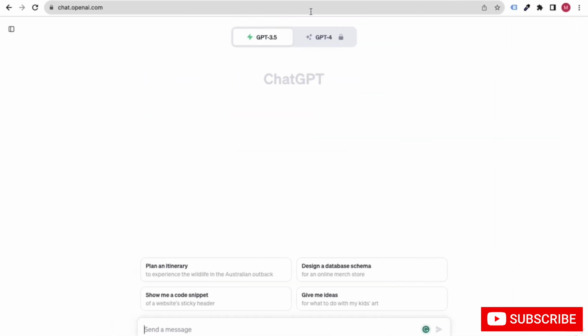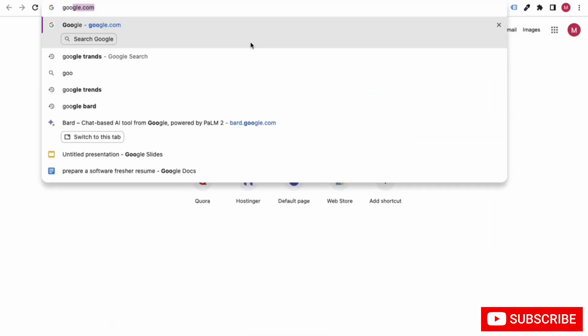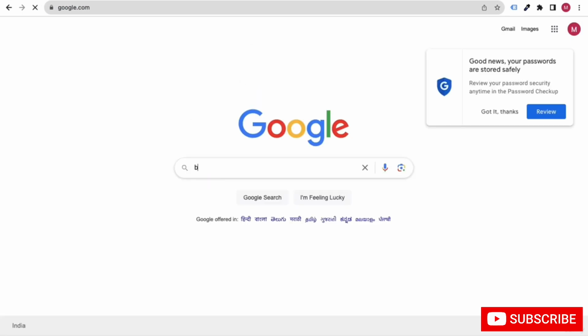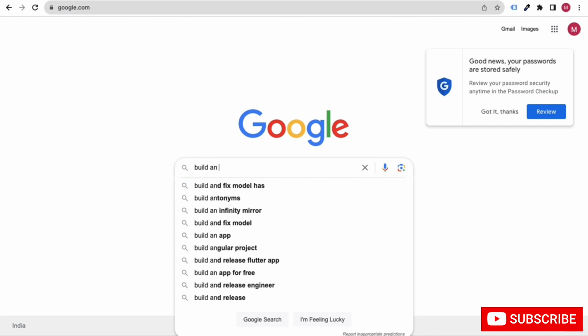For example, if I go to google.com and write here, let's say, build an API, you will see that Google is showing lots of suggestions like build an API in Python, build an API in Java, etc. These are all called Google suggestions. So we can create one API, and using that API, developers and programmers can create a tool and get the suggestions.